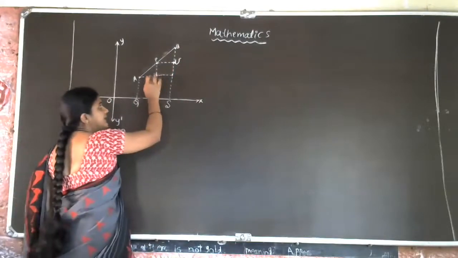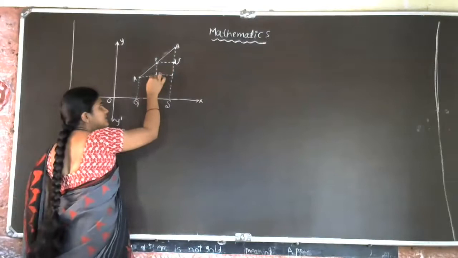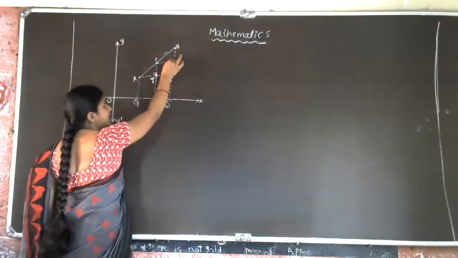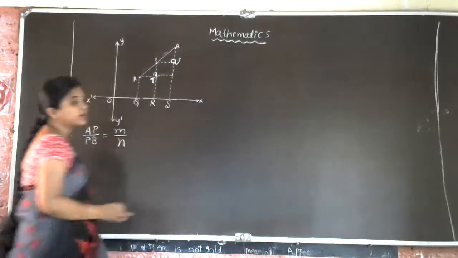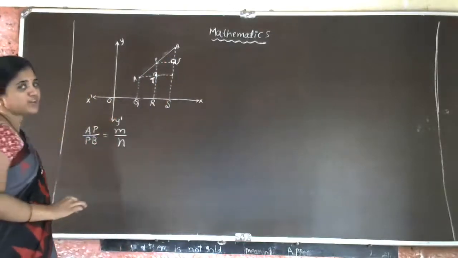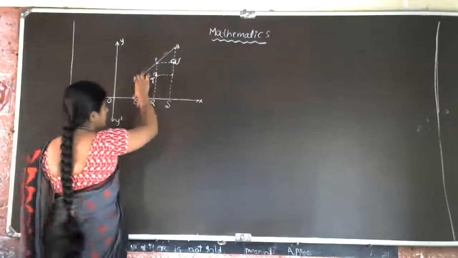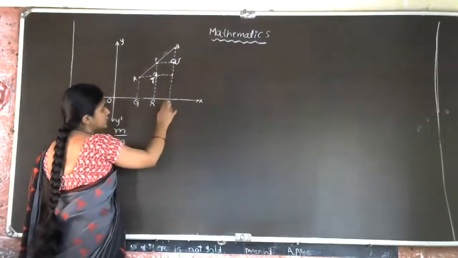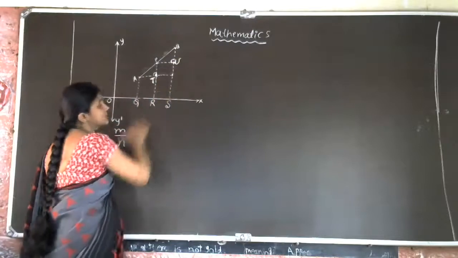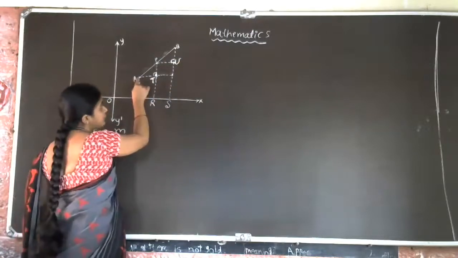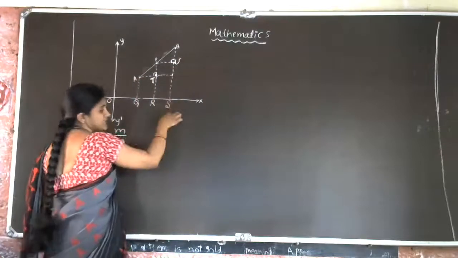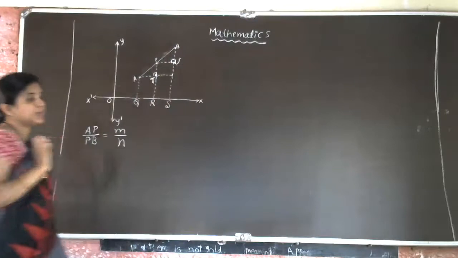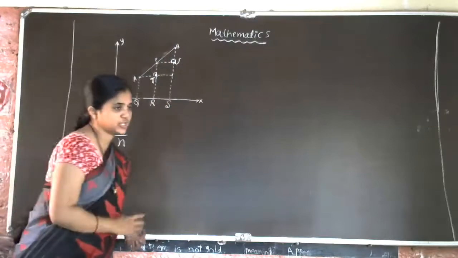I'll write T here because it is not visible now. So this is one right triangle. This is one right triangle. This is about the construction. So what constructions do we have to do? Draw AQ perpendicular to the x-axis, PR perpendicular to the x-axis and BS perpendicular to the x-axis. Next, from point A we have to draw a perpendicular to this BS. Then from point P also we have to draw a perpendicular to this BS. So this is about the construction part.